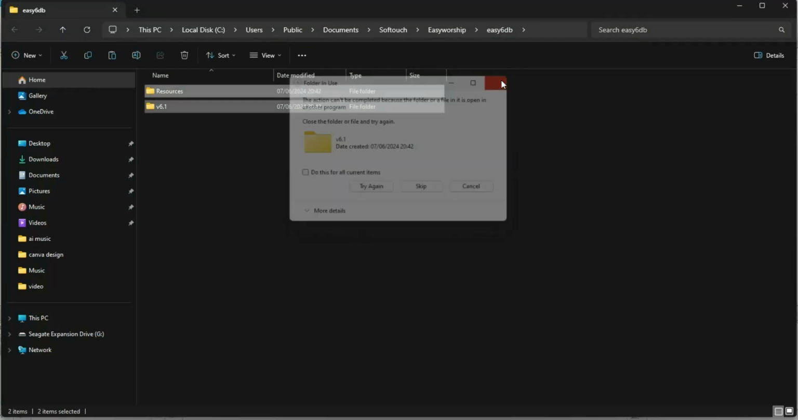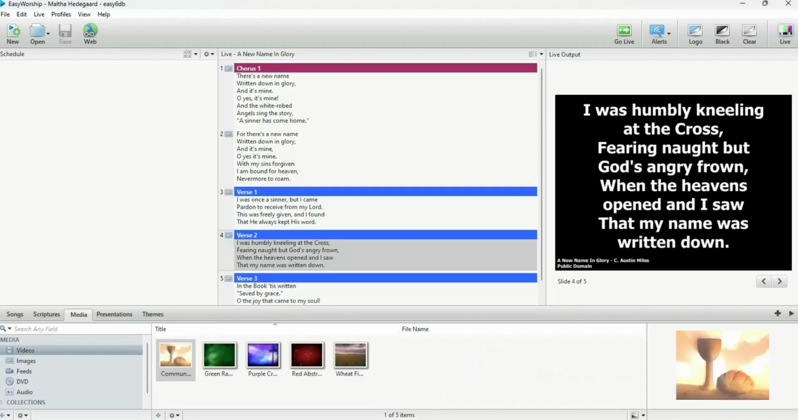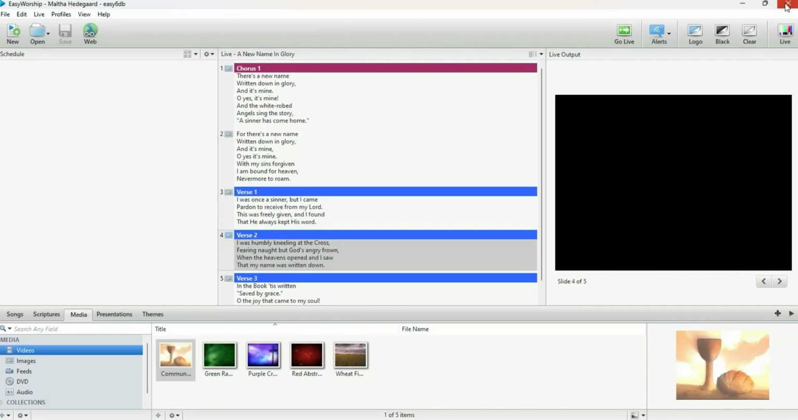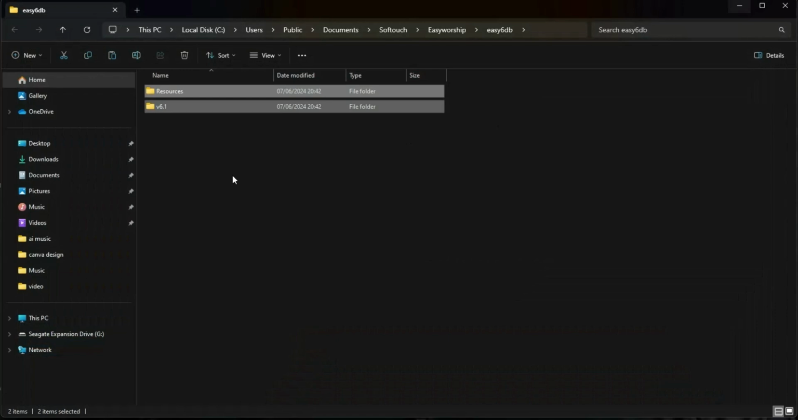Okay, so it's not responding, so we have to close the Easyworship application first, then we can delete the database, then we can bring the one we want to bring on board. Okay, so let me delete the database. Now you can see from the directory that this is the Easyworship application. All right, delete,